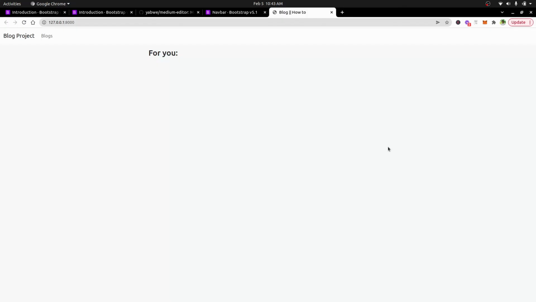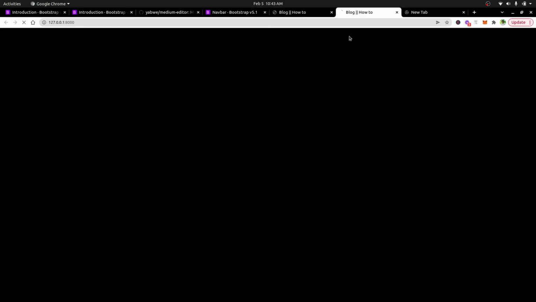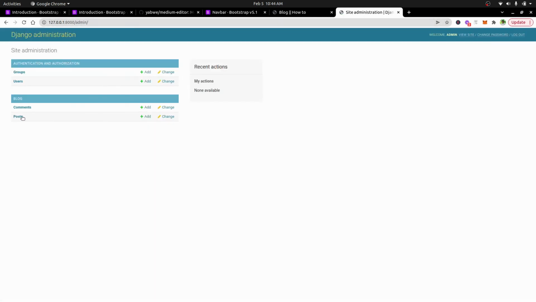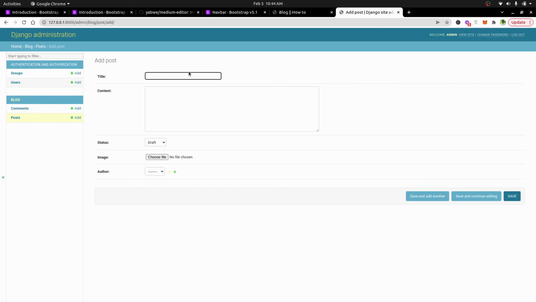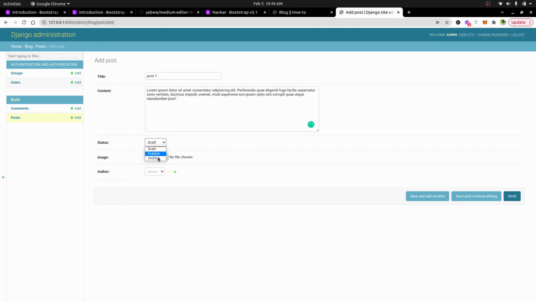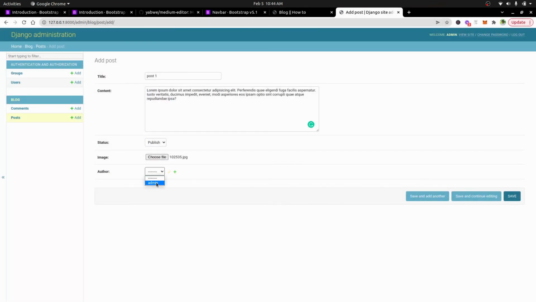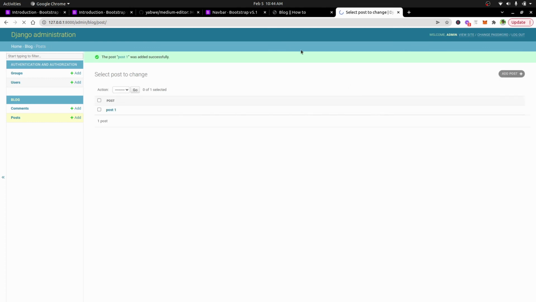So for that, let's go to the admin side and create a post quickly. I'll just duplicate this one and we'll say admin, and then in post we are going to add one post. So title is post 1. Let me quickly generate some content for this. Some content, I'll make this as publish. I'll give it some image, and then I'll select the author as admin, save, and we'll go back to the blogs page and refresh it,